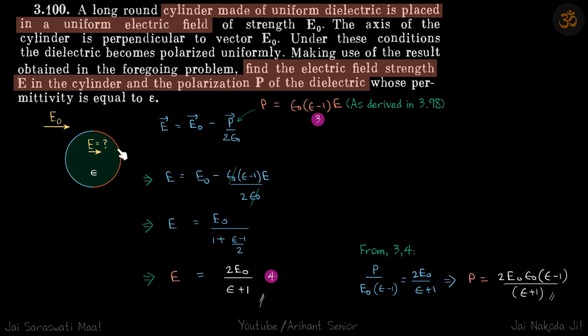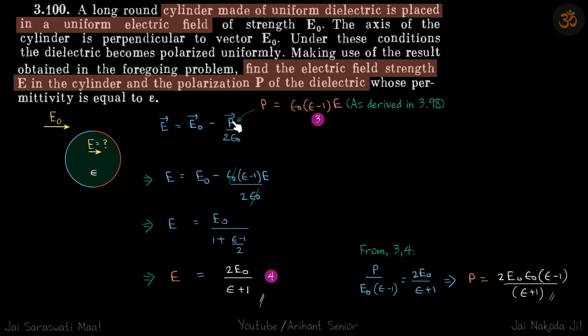So in all such problems of superposition, we just write the required quantity in terms of everything else which is present. Here we wanted to find E, and we can see that the field in this region is because of the external E naught and the field generated because of the surface charge. We know that the surface charge generates a constant electric field P by 2 epsilon naught. So we wrote E is equal to E naught minus P by 2 epsilon naught.